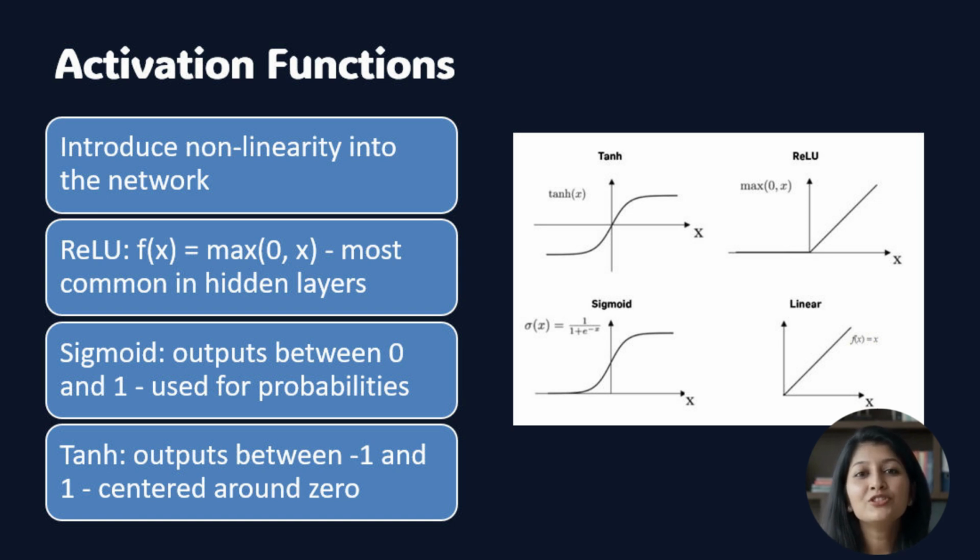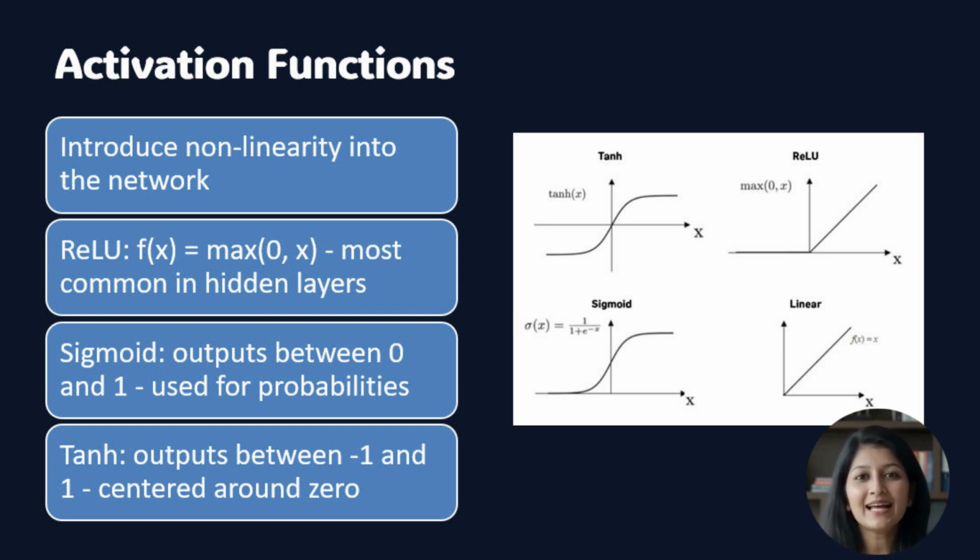Sigmoid squashes inputs to a range between 0 and 1. It's S-shaped. Very negative inputs become close to 0, very positive inputs become close to 1, and 0 maps to 0.5. It's useful for the output layer when you need probabilities, but it has problems in hidden layers, mainly vanishing gradients where very large or small inputs have tiny gradients, slowing learning.